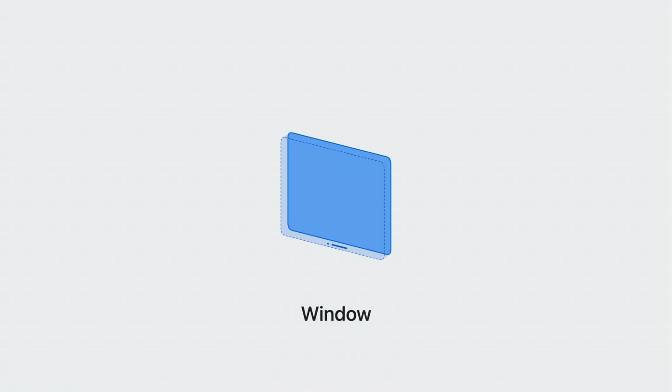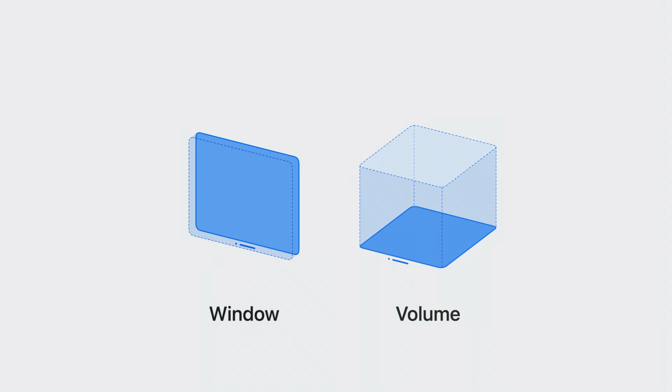Windows are great for building traditional and familiar interfaces, ranging from rich and complete apps like Safari or Freeform, to menus that serve as an entry point to more immersive experiences like mindfulness. Volumes are a new 3D window style purpose-built for displaying objects or experiences in a bounded space. Volumes can also be displayed alongside other apps, making them a great tool for building lightweight 3D experiences. From previewing 3D models with Quick Look to playing board games over FaceTime with your friends.